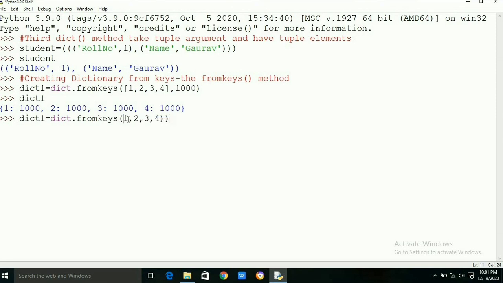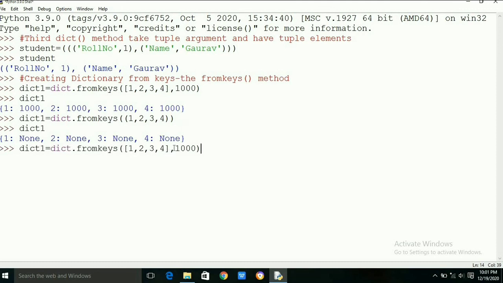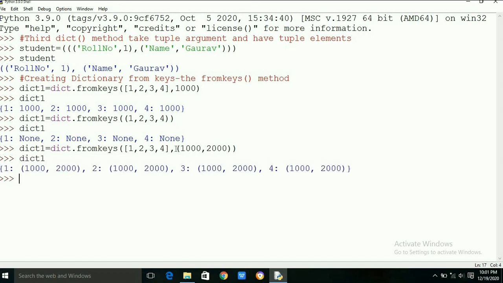In the second case, we are not assigning any value to 1, 2, 3, 4. Then we can see None is assigned to 1, 2, 3, 4. We can assign a tuple to the keys also. Here in the third case we are assigning 1000 and 2000 to 1, 2, 3, 4, and 1, 2, 3, 4 will contain 1000, 2000.